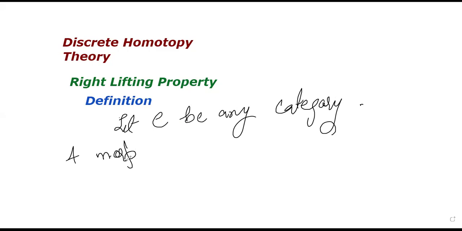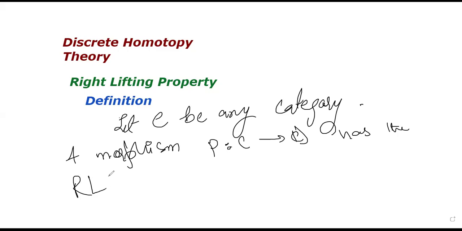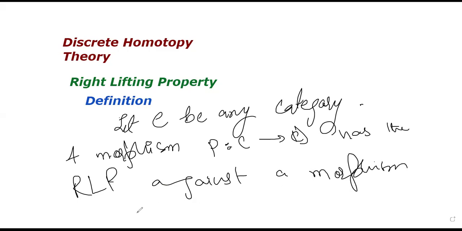A morphism P from C to D, a morphism in category C from object C to object D, has the right lifting property (RLP) against a morphism I from A to B